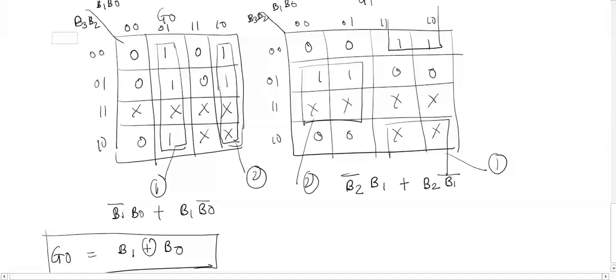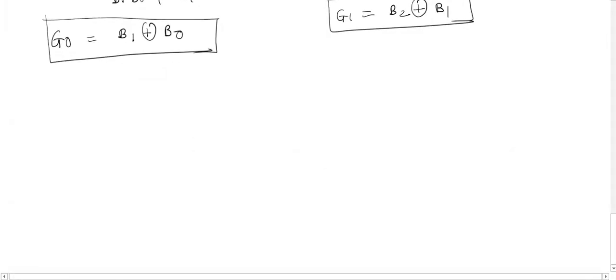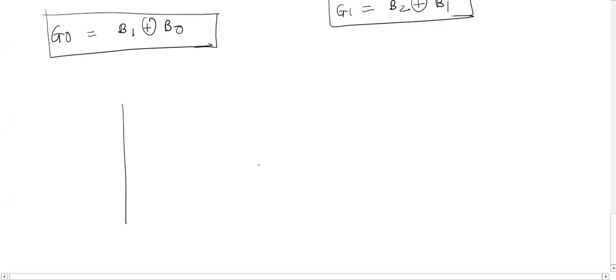Again we know that A bar B plus A B bar is nothing but the XOR operation. So for G1 my expression will become B2 XOR B1. This is the expression for G1. Now we'll find the expressions for G2 and G3.